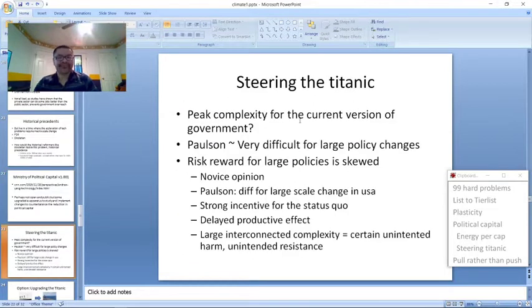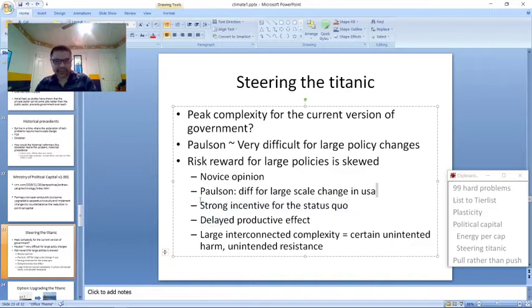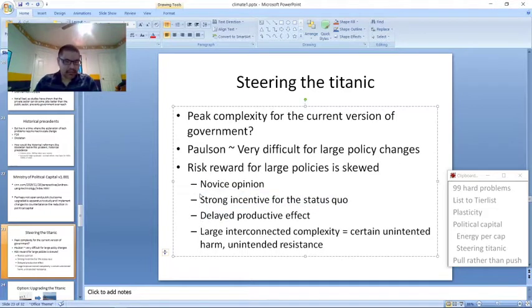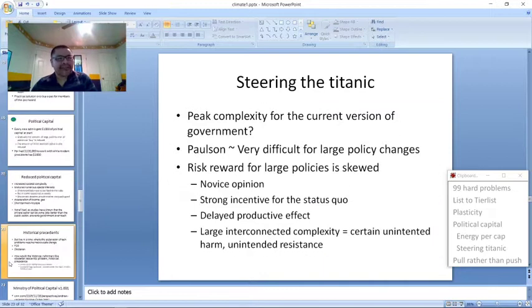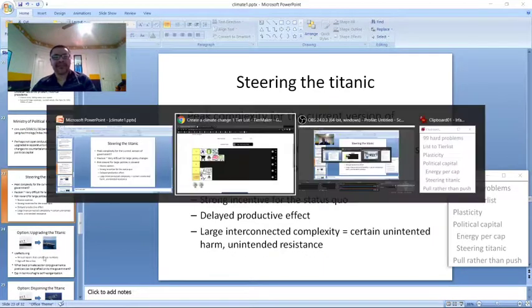Have we reached peak complexity for the current version of government? The risk reward for large macro scale policies is skewed. This is a novice opinion. Strong incentives to preserve the status quo, delayed productive effect, and also one of the things about this is that